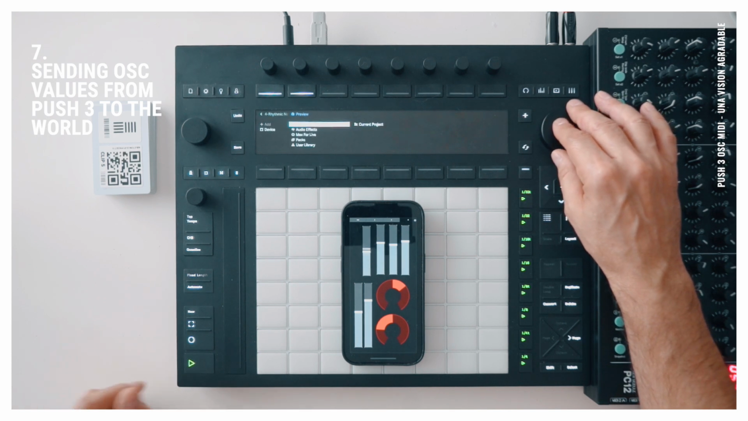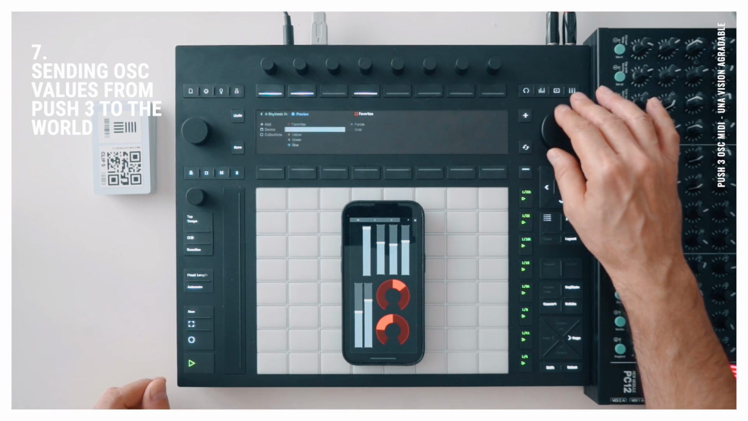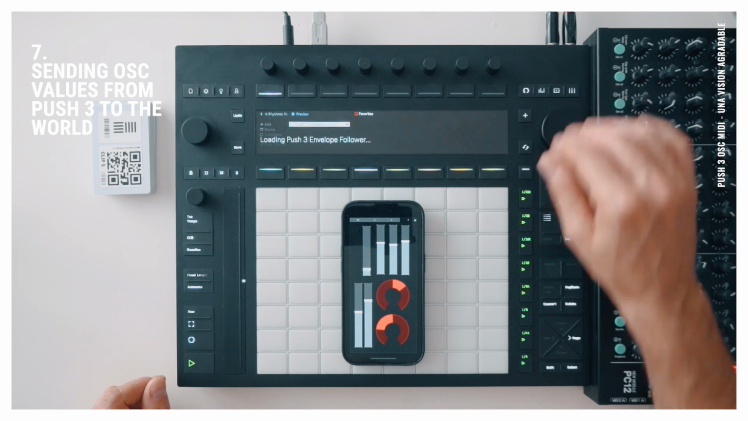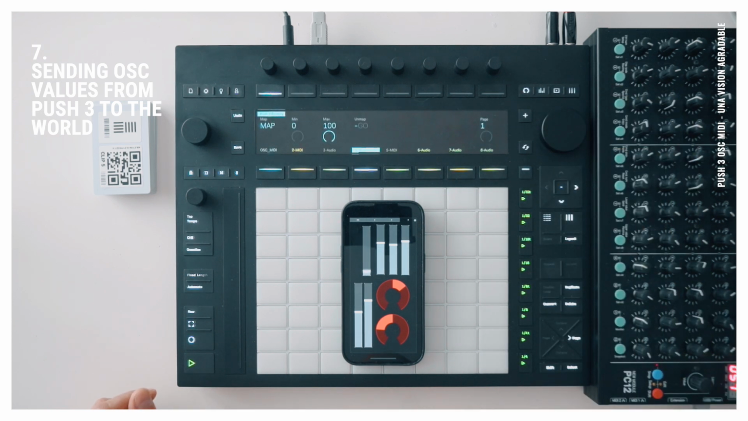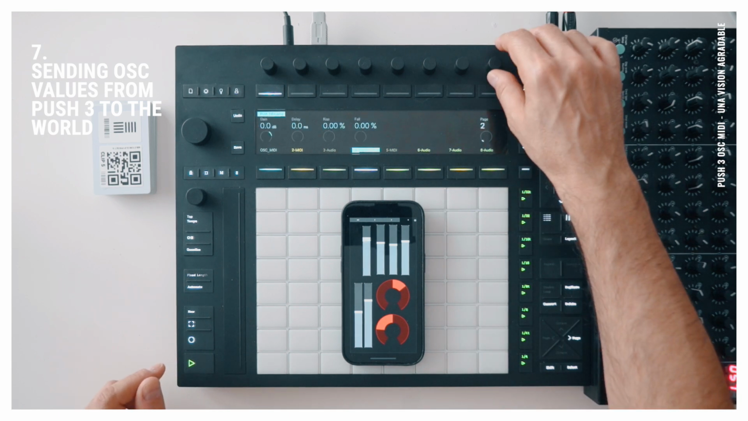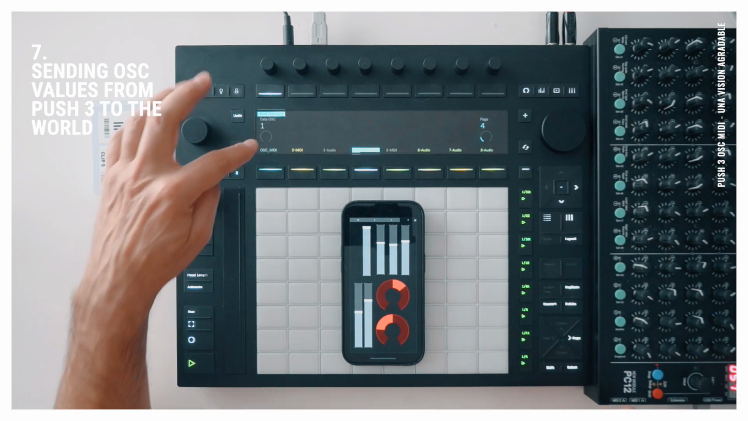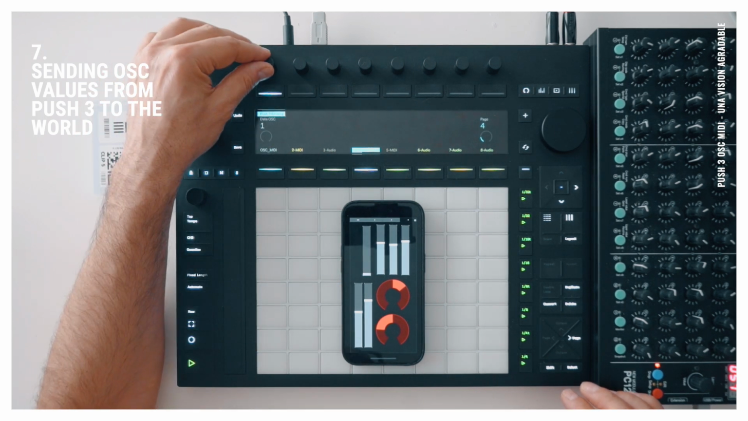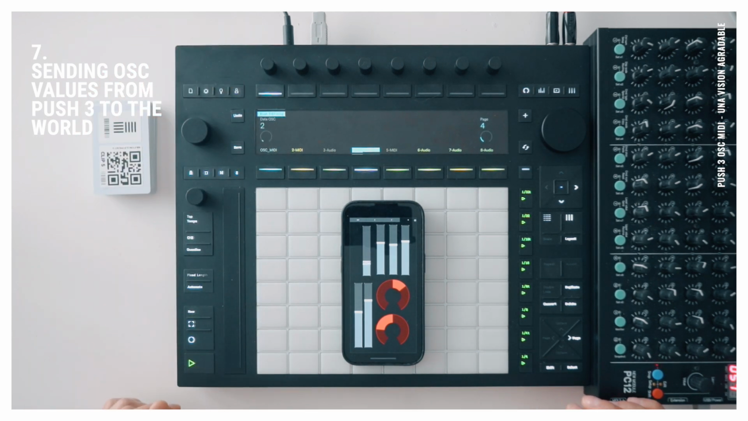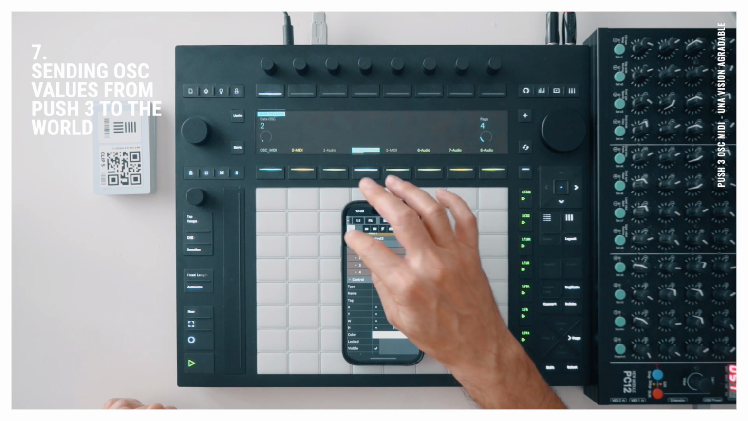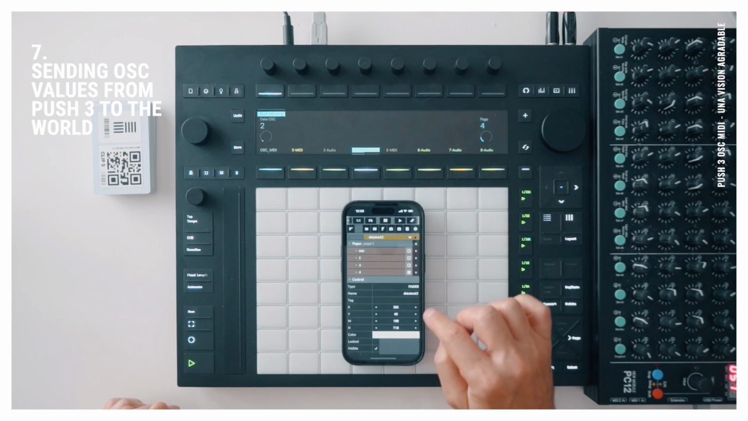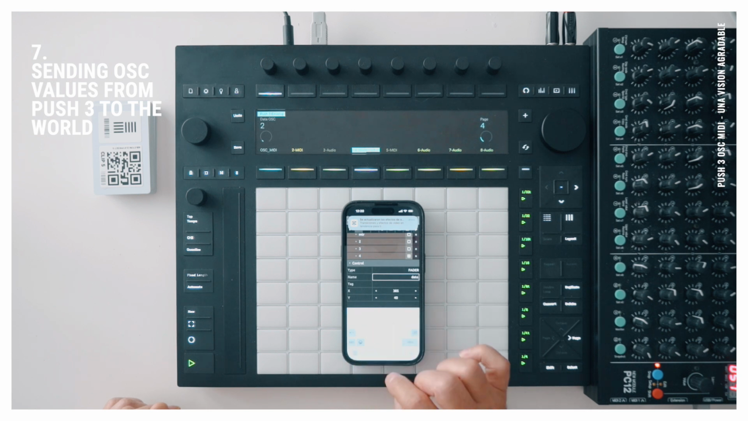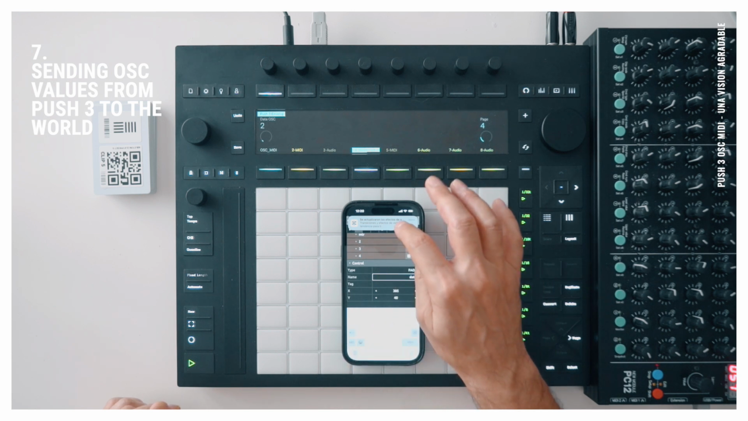Now if we go to the device collections, and we add an envelope follower, this thing is automatically sending data to number 1. This is why this is doing crazy things. If we select number 2 and we go here and we name this fader to data 2,